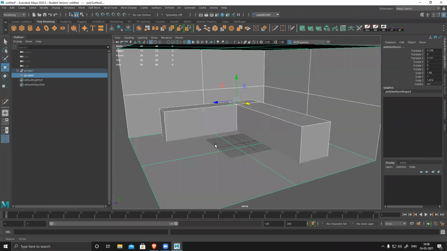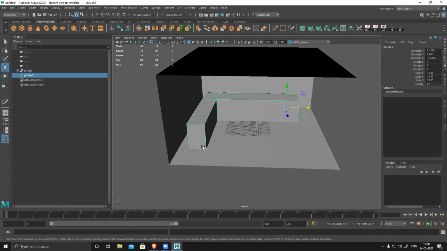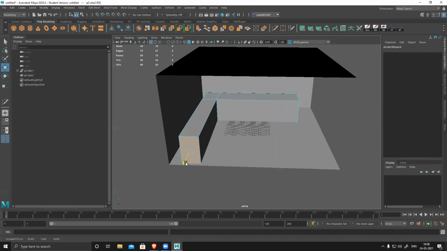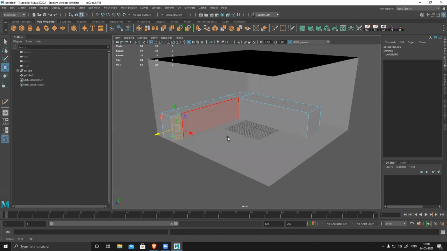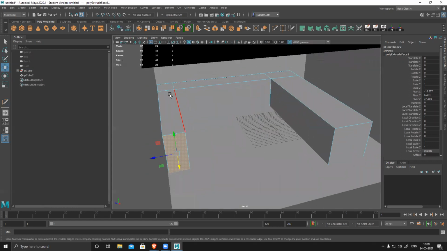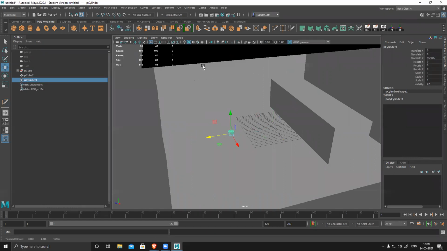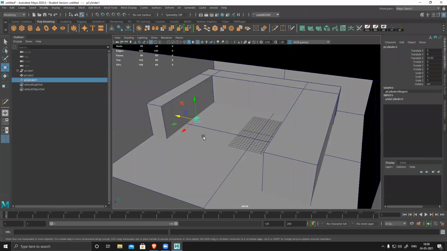Start creating the entire shape. This corner, this section, and this section have a circular shape. So I'll create a cylinder. Switch my center.